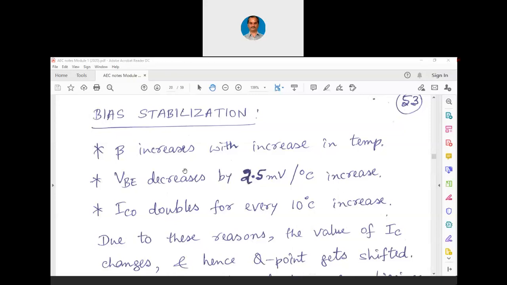So let me come back to the technicalities of our biasing circuits. Why I brought out all those philosophical points here is, when ICO doubles, when the reverse saturation current doubles, even beta increases with increase in temperature. Otherwise, you may think that why should beta increase? Because when IB is changing, IC is also proportionally changing. Beta should not be changing. That may be your way of thinking.